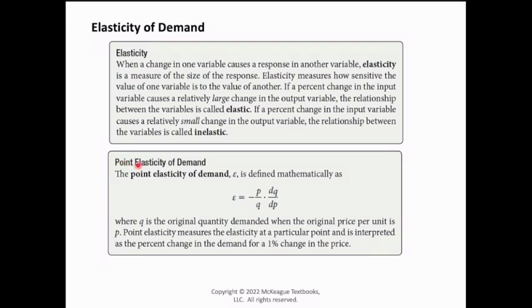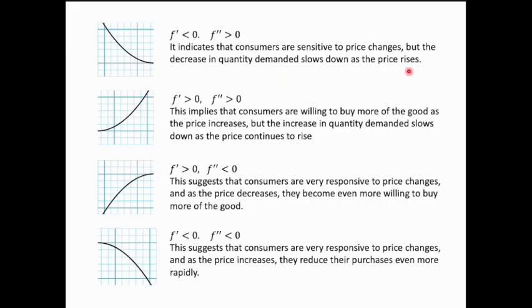Now, the point elasticity of demand is when you want to find the elasticity of demand at a specific quantity and a specific price. Take negative P, which is the price, and divide it by the quantity, and then multiply it by the derivative. This would tell us what the percent change is for the demand for each 1% change in the price. So let's look at these situations here and how the first and second derivative are interpreted when